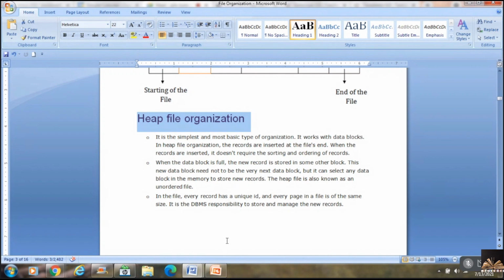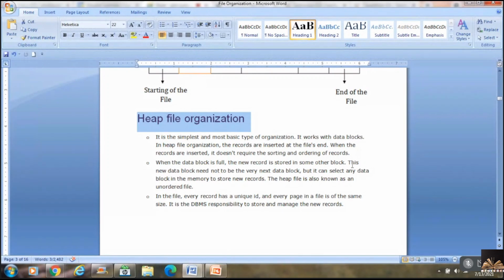So it need not be in a sequence. That is the major difference. Wherever the position is empty, at that particular position of the block, the new record would be inserted.